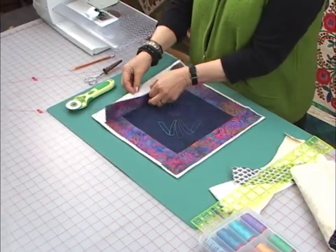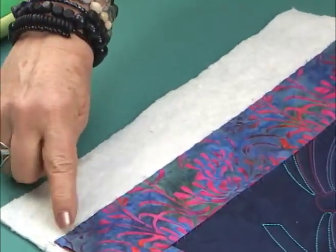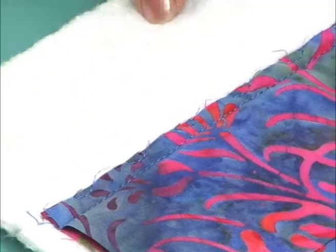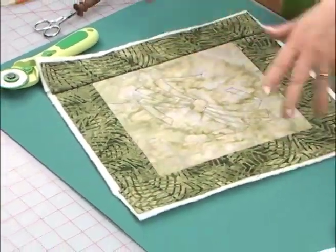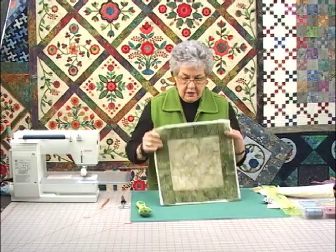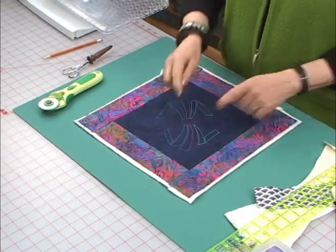So you can see here, just like I did with the little sample, here's the lycra stitch. It stitches out like this. Okay, it is not a zigzag. So I've sewn the batting just to the seam allowance, flip and finger press, turn it over, make sure you finger press the other side as well. And the reason I finger press instead of pressing with an iron is because the batting is in here. If you put the iron on it, you flatten the bat. That's no good. Okay, so the next step would be to baste all the way around and then quilt your